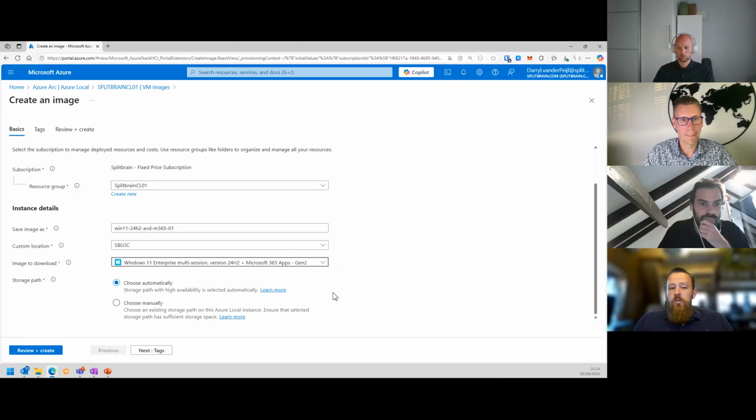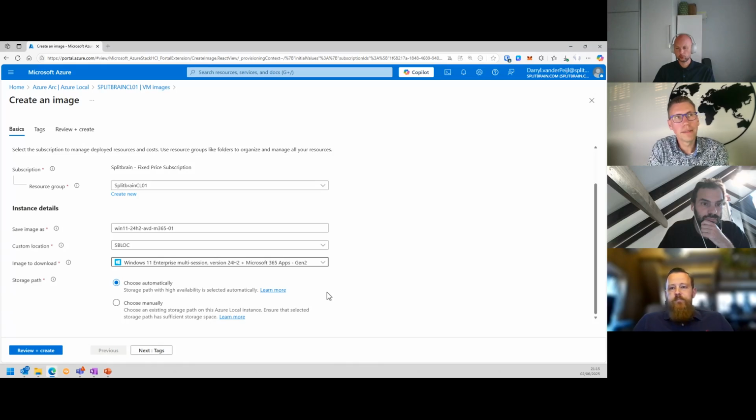Which also means you can use Windows Server Azure Edition. Especially in 2022, there are some extra features in there. In 2025, we've made that more in unison with the other versions as well. But there are still some features in the Azure Edition specifically that are not in the normal edition. And that's something you'll only find in Azure and on Azure Local.